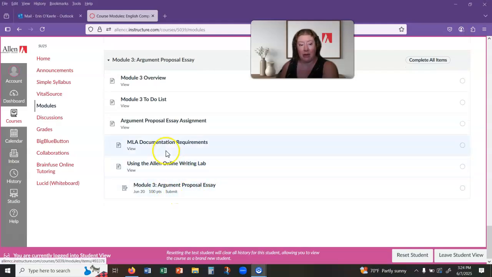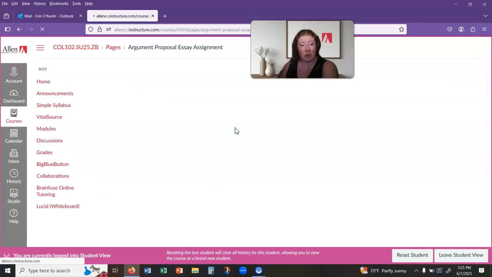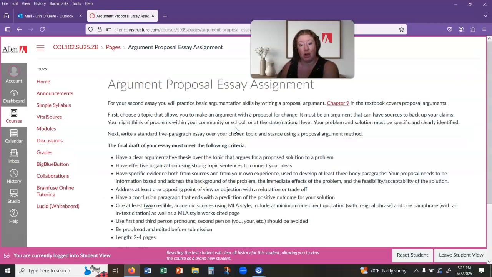then you can start working on the essay itself. The essay, just as a reminder, is you arguing for a solution to a problem. So you want to clearly identify the problem, but then your solution needs to be really thinking about how that could be implemented. If you would like to see a policy change, what's that going to affect? Who's going to need to approve the policy? And what steps are going to need to be taken in order to make that change?